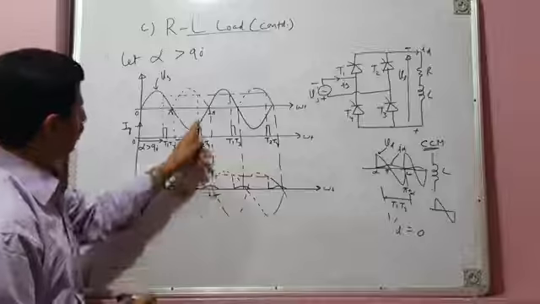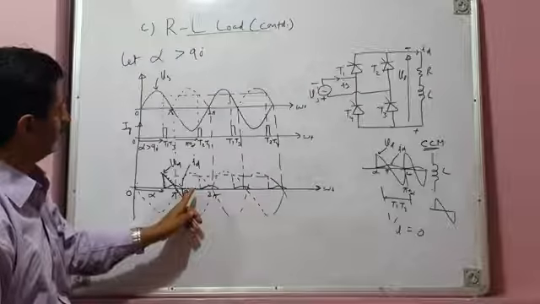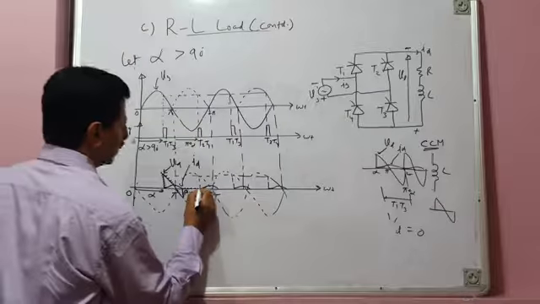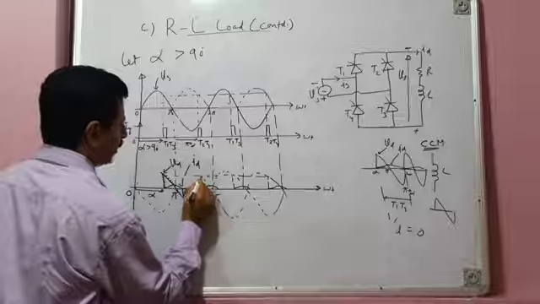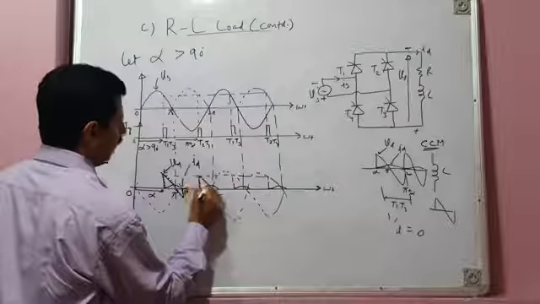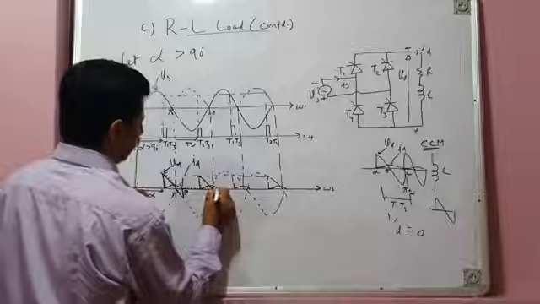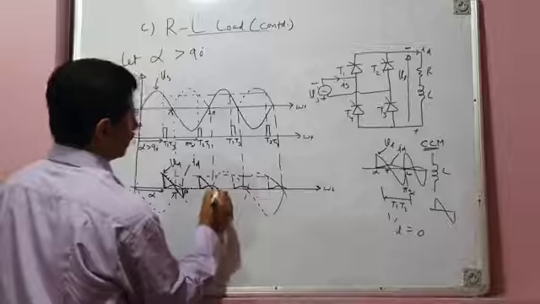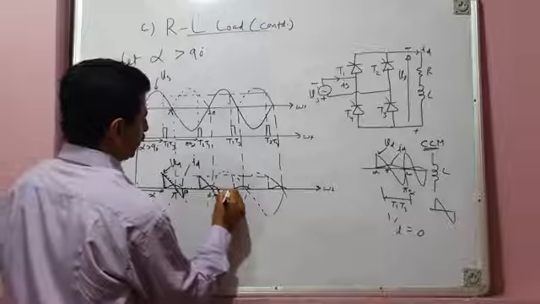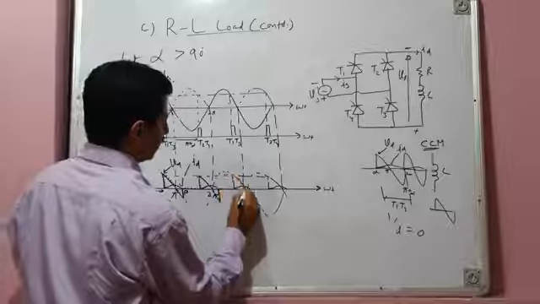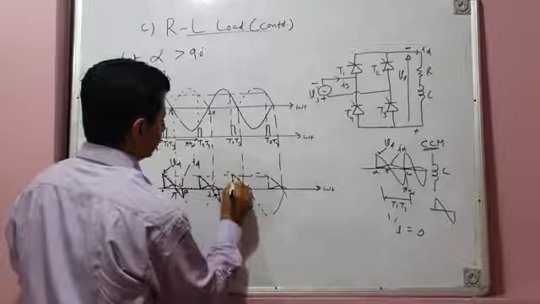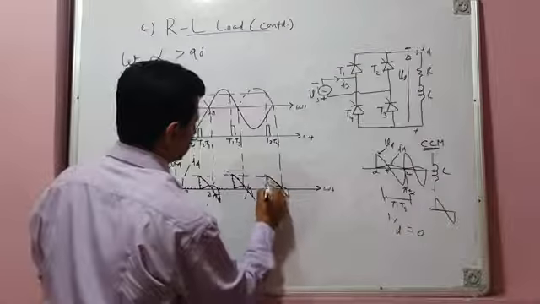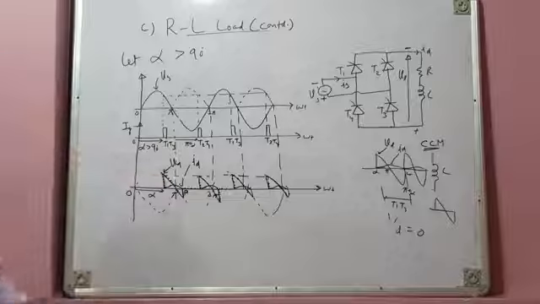And then here, T2, T4, negative half cycle of source voltage is already there. T2, T4 pair will be fired. When T2, T4 pair is fired, load voltage again becomes positive, a segment of positive voltage. And then from 2 pi to 2 pi plus beta, load voltage is negative. It is the segment of negative half cycle of source, a small segment. And then load voltage is again zero. Then it is positive segment and negative segment like this. It repeats. So this is our load voltage waveform and load current waveform.